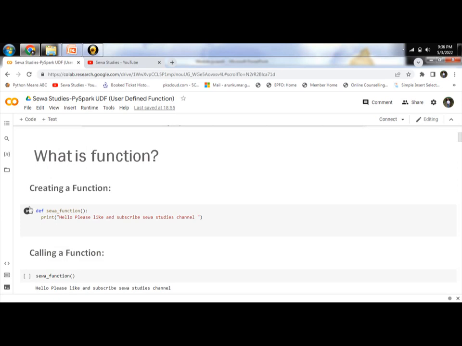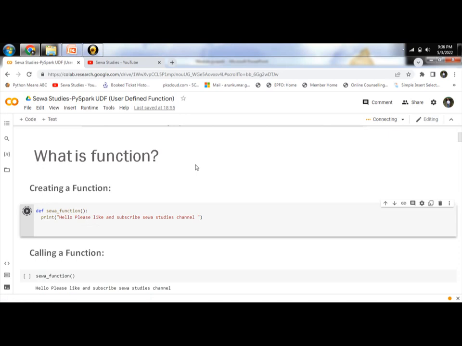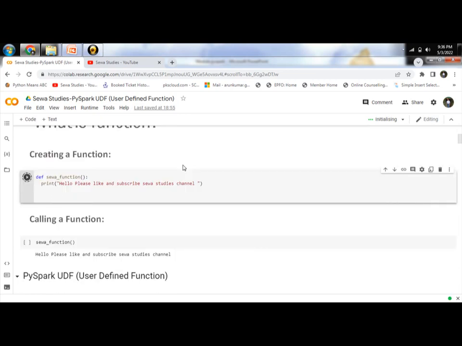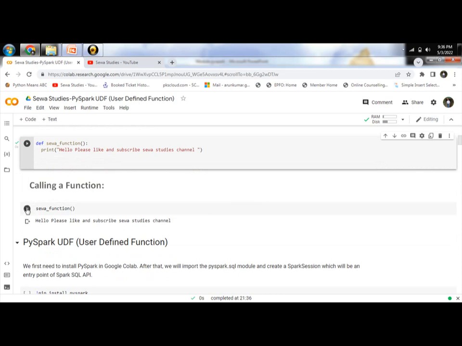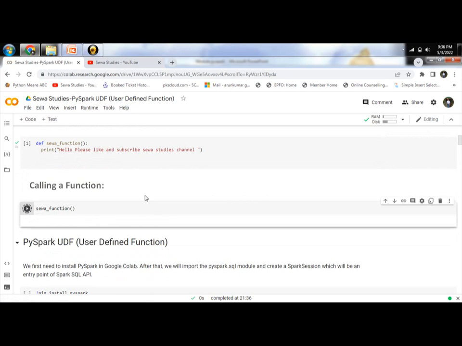We create a function and then call the function. We have the function name, and return